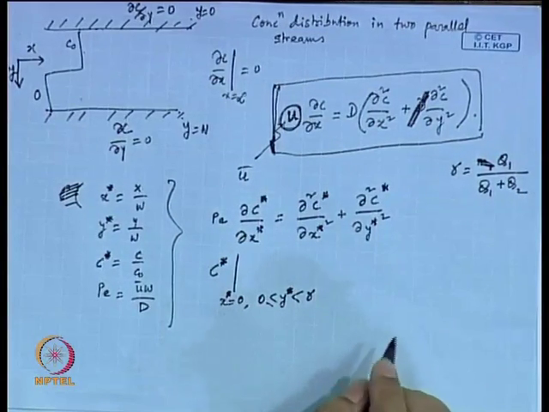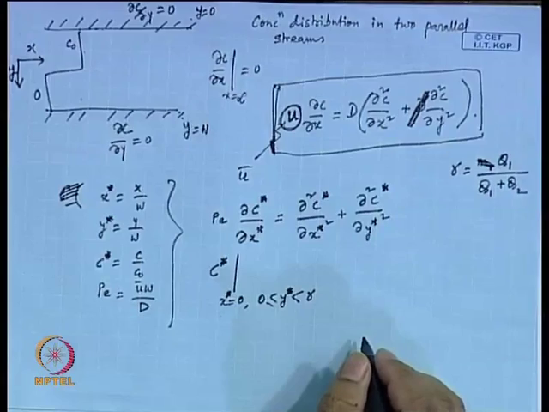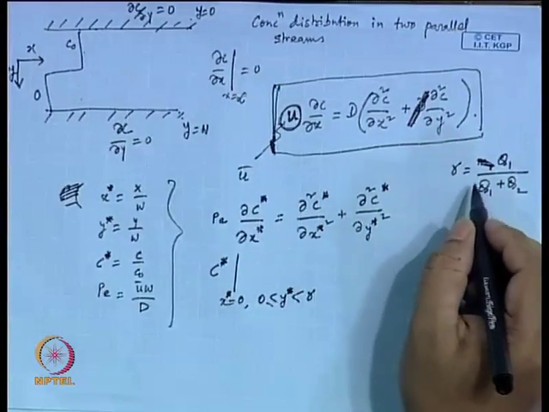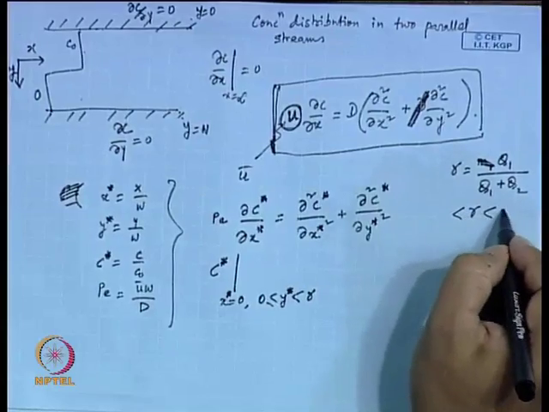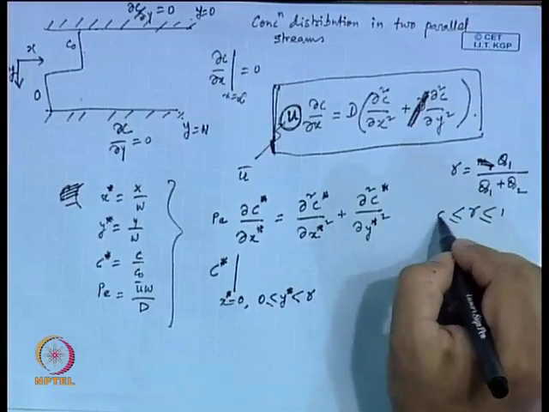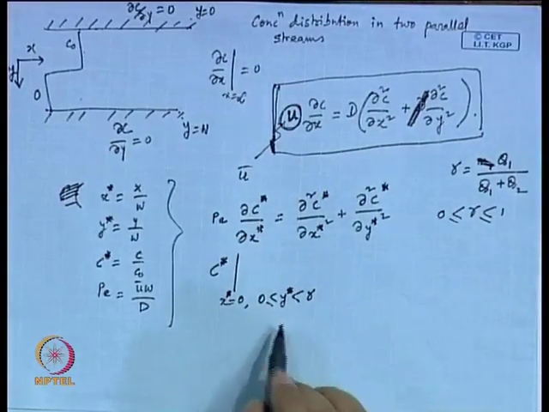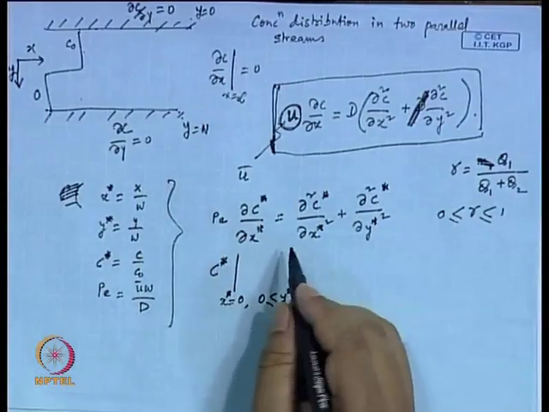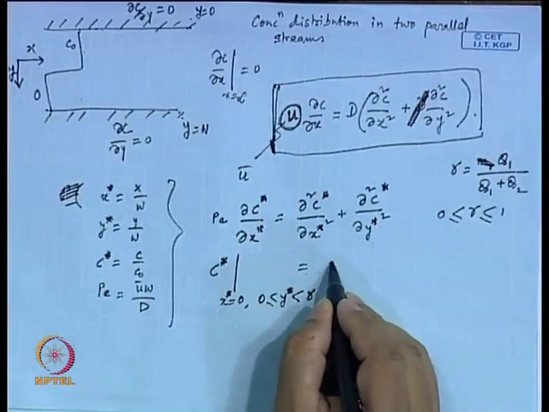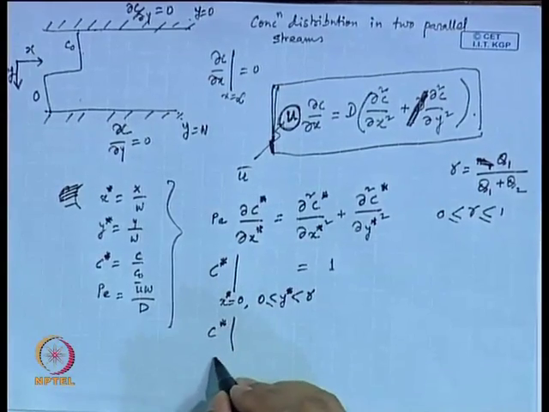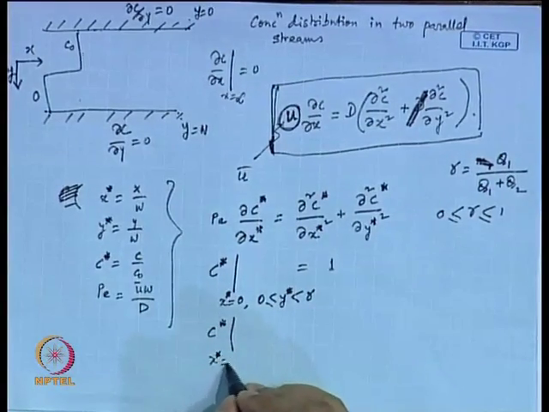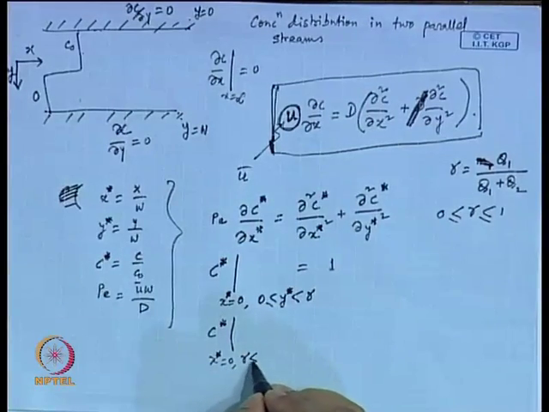Okay. So, the value of this gamma is between 0 to 1. So, this c star is equal to 1